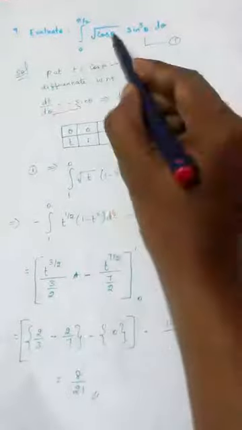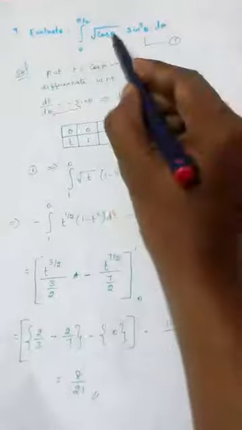This we have taken as t, so root t. Sine cube theta is present. See this calculation. Sine cube theta is written as sine square into sine. Sine square is written as 1 minus cos square. And we have taken cos theta as t. So this becomes 1 minus t square into sine theta. So sine cube theta is written as 1 minus t square into sine theta. That is what is written here.